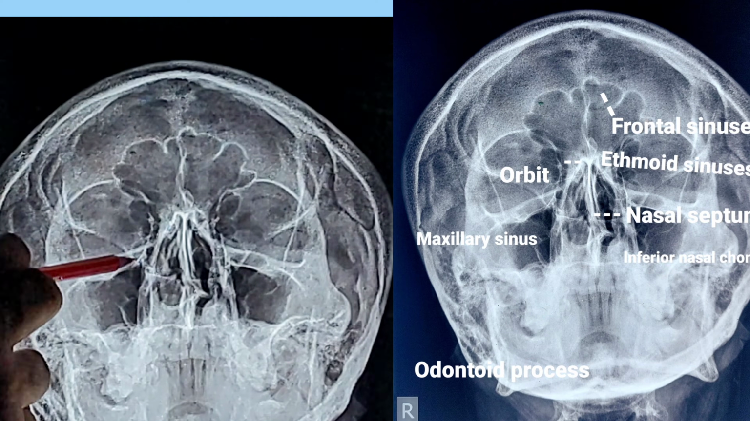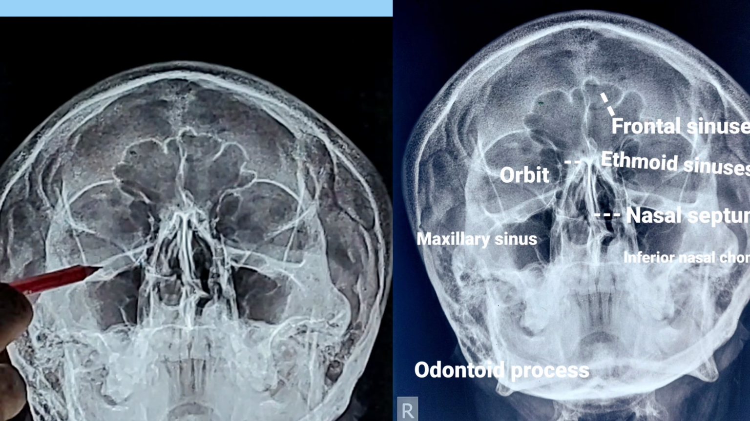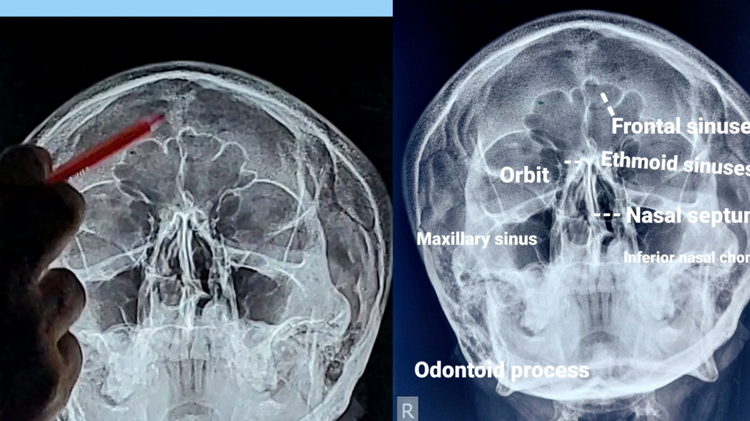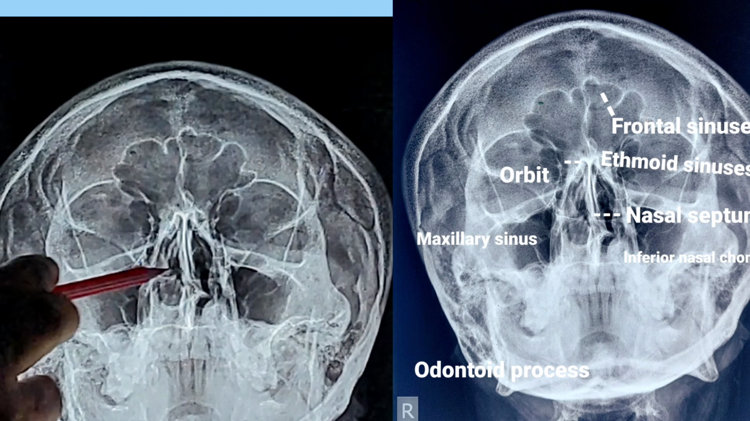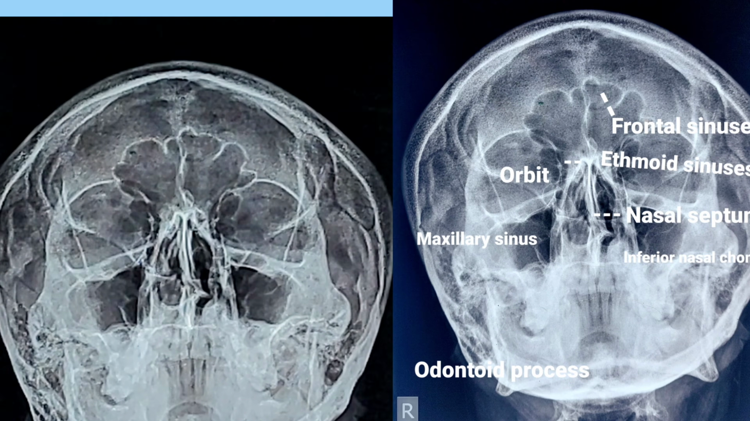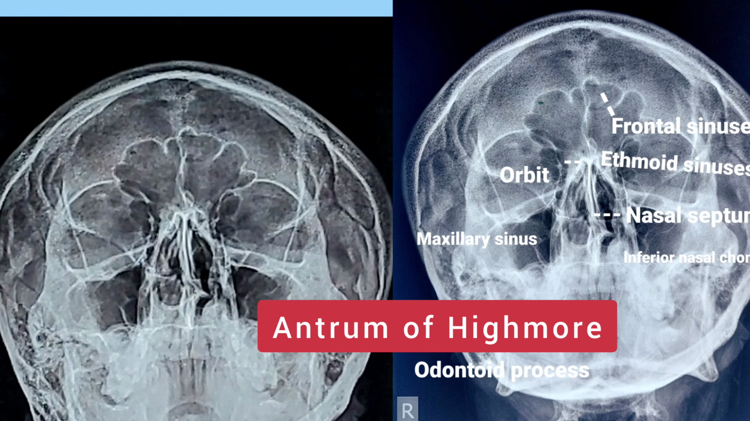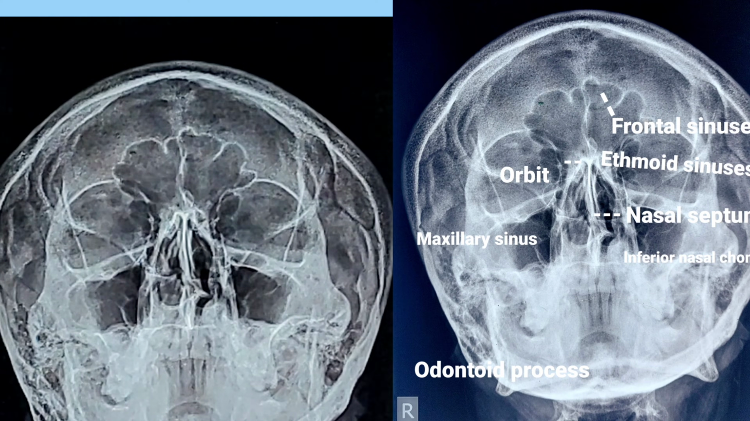Then come to this sinus. This is called the maxillary air sinus, and this air sinus is present within the body of the maxilla of both sides. It is the largest air sinus, also called the antrum of Highmore, another name, and it is the only air sinus which develops in the 4th month of intrauterine life, and it is the first paranasal air sinus